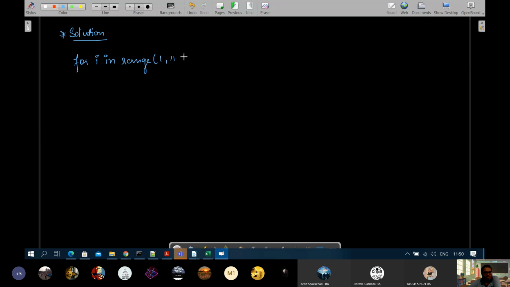Third value you can write as 1 or you can skip. By default it will be 1. We'll take one variable on the top as identified by s as 0, and we'll write s is equals to s plus I, and outside the loop we will print s.